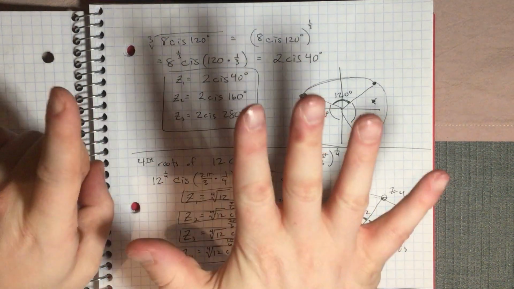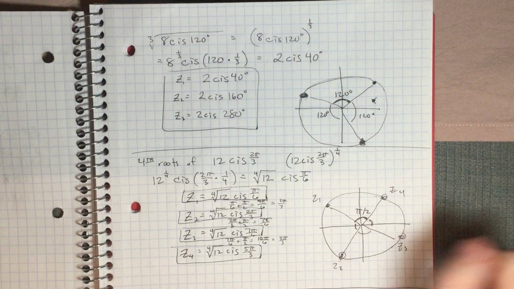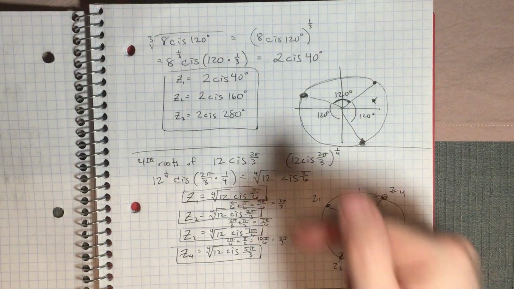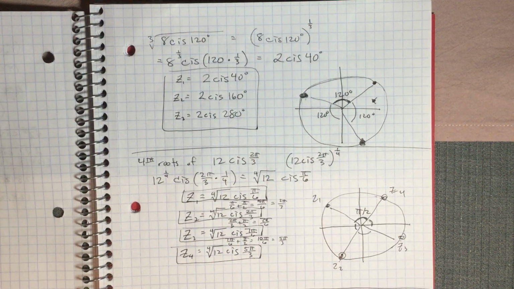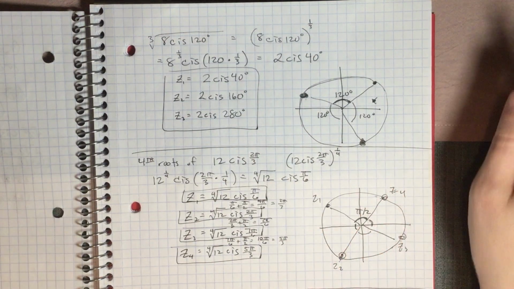If we were finding sixth roots, the circle would be divided into 6 pieces. So you would add 2 pi over 6, which is pi over 3. So you would add pi over 3 to get each angle. That really concludes